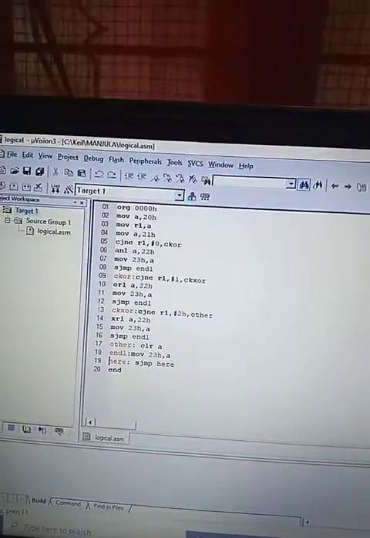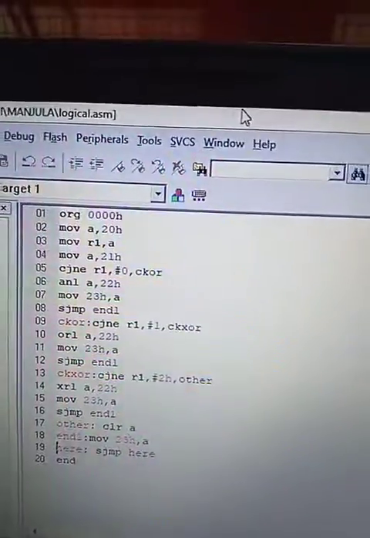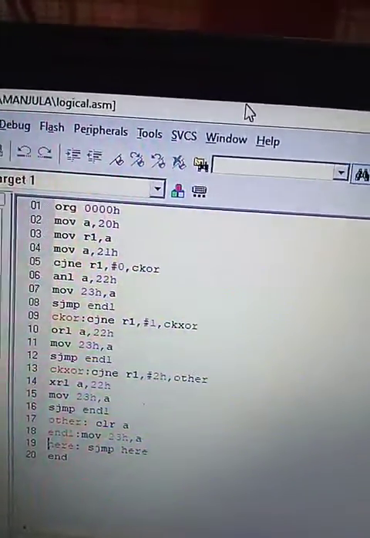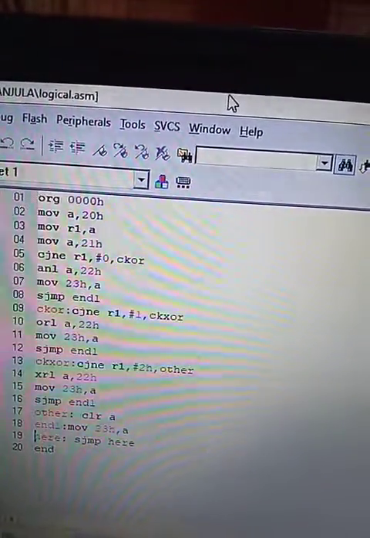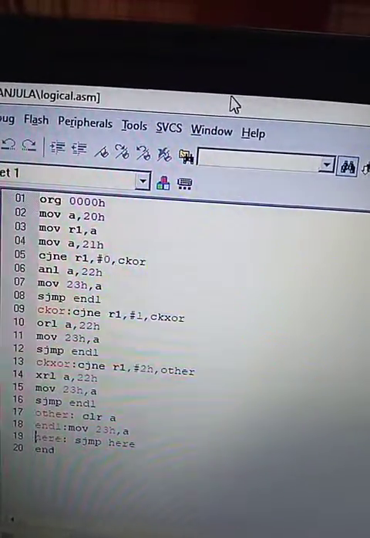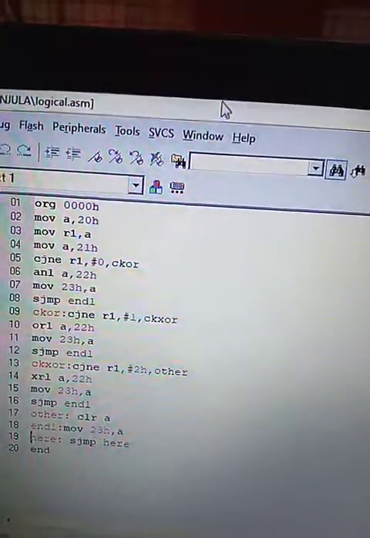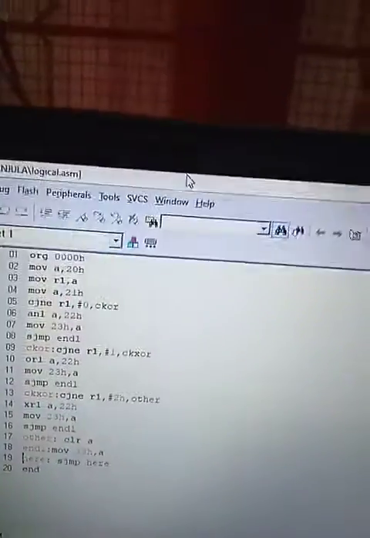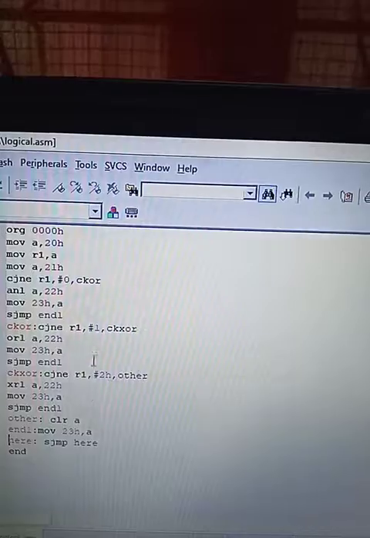So this is the program, you can see here. I have originally loaded the program in the 0, 0 location. I am moving the content of 20 into A, then to R1, 21 into A, and then I am comparing R1 with 0. If R1 is not equal to 0, you go to check if R1 is equal to 1. If R1 is equal to 1, it will check for the value of R1 equal to 2.